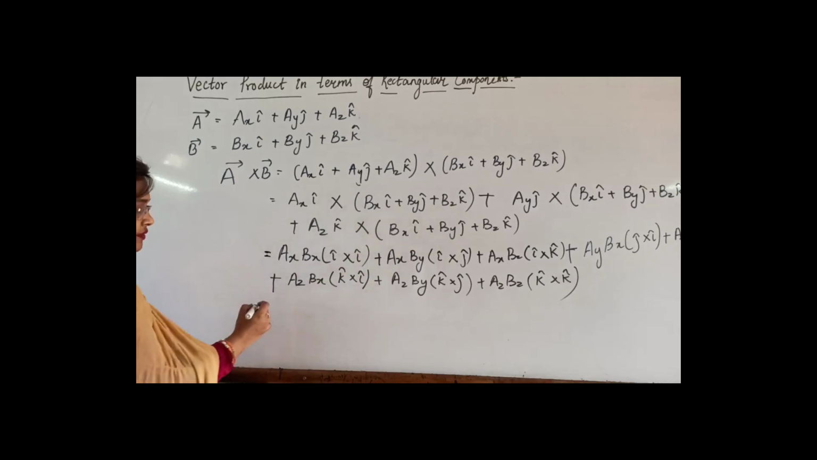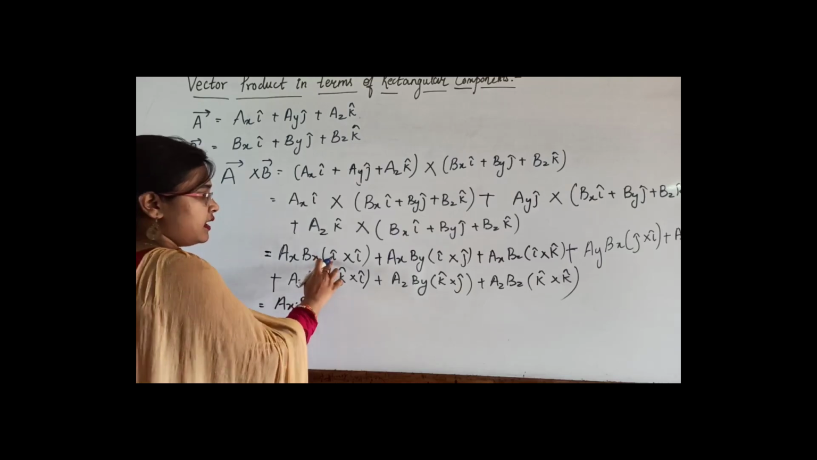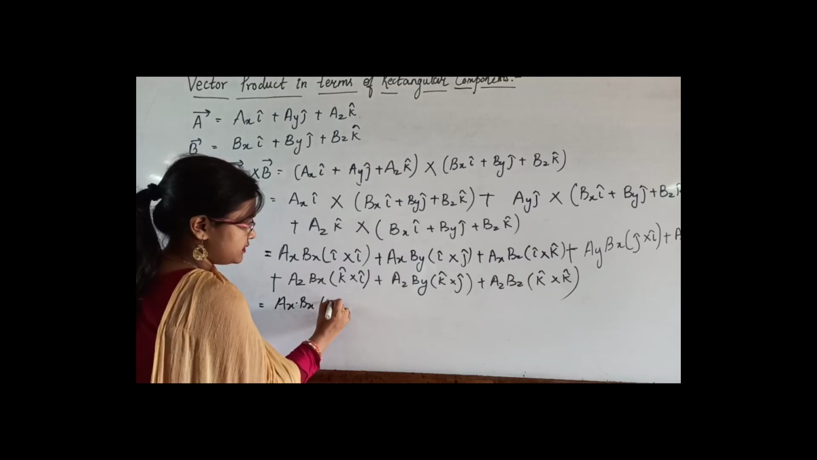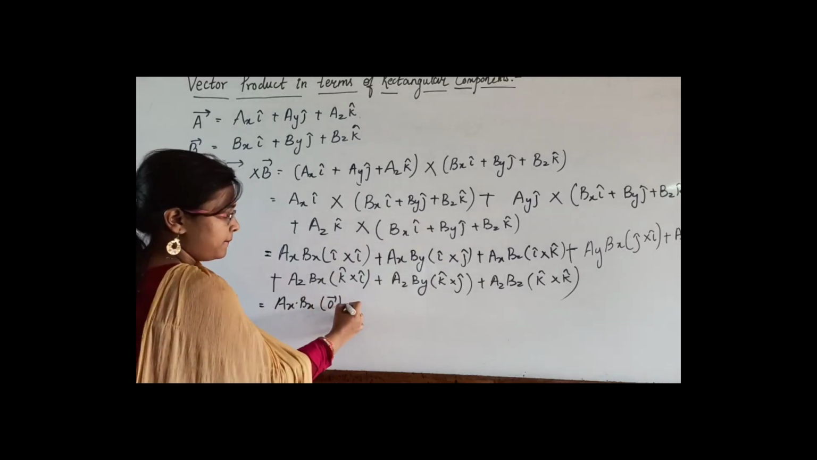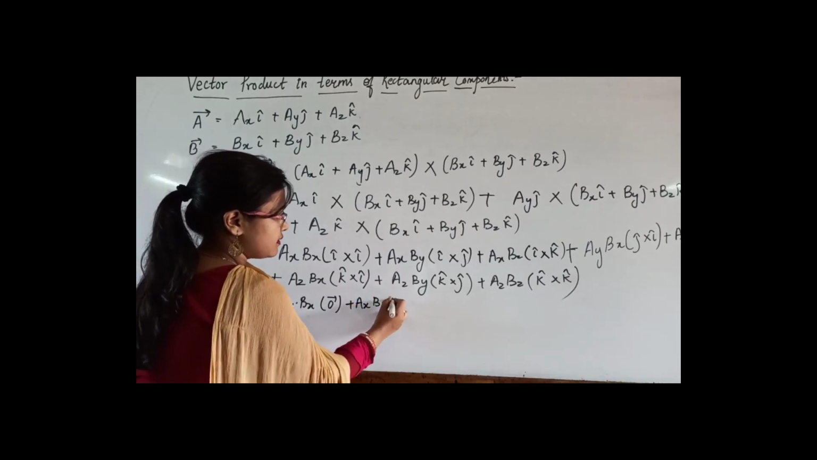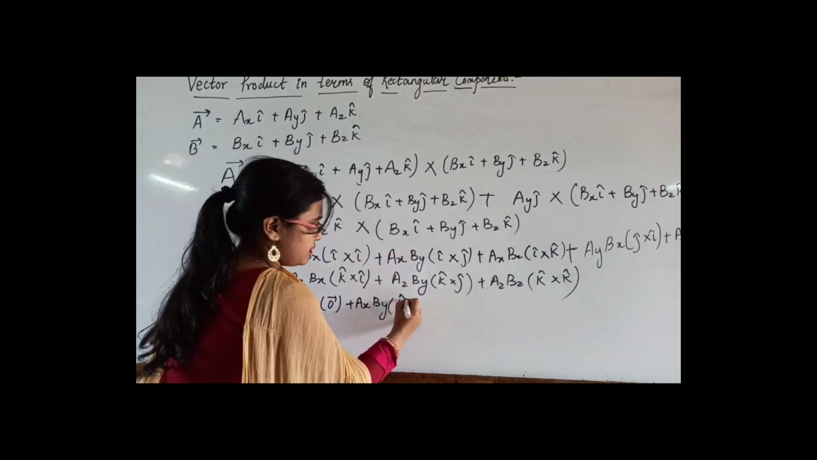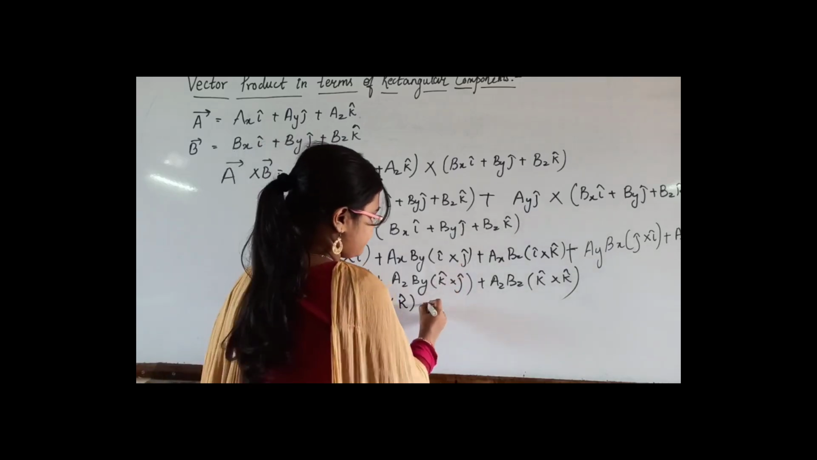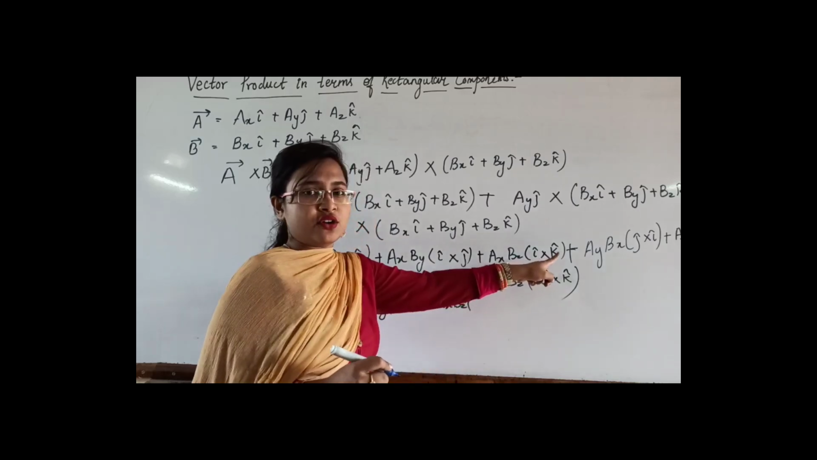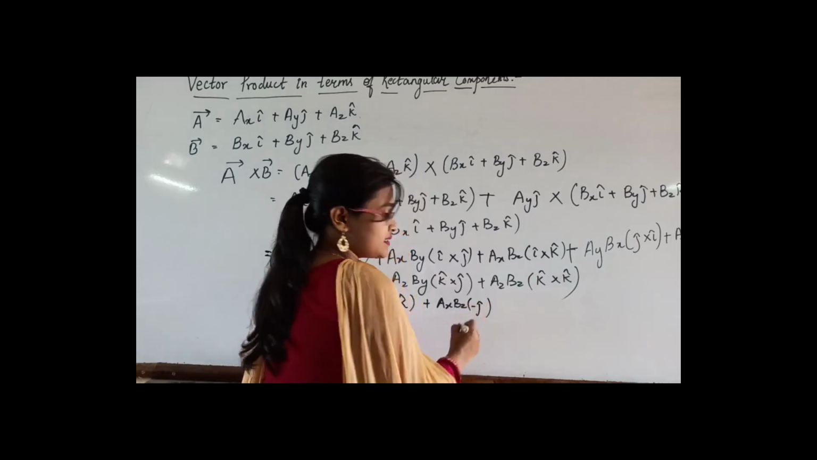So let us continue solving. Now, ax bx i cap cross i cap, we know it is a null vector 0. Clear? Plus ax by i cap cross j cap will give us k cap. Clear? Next,